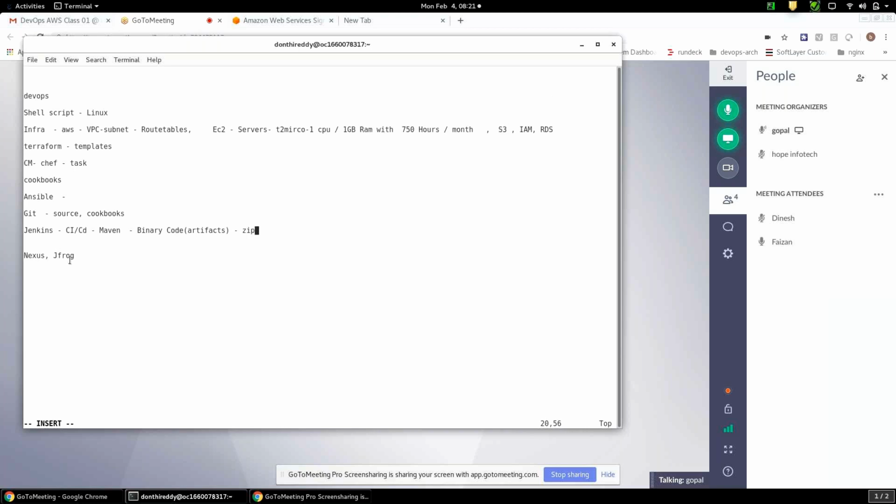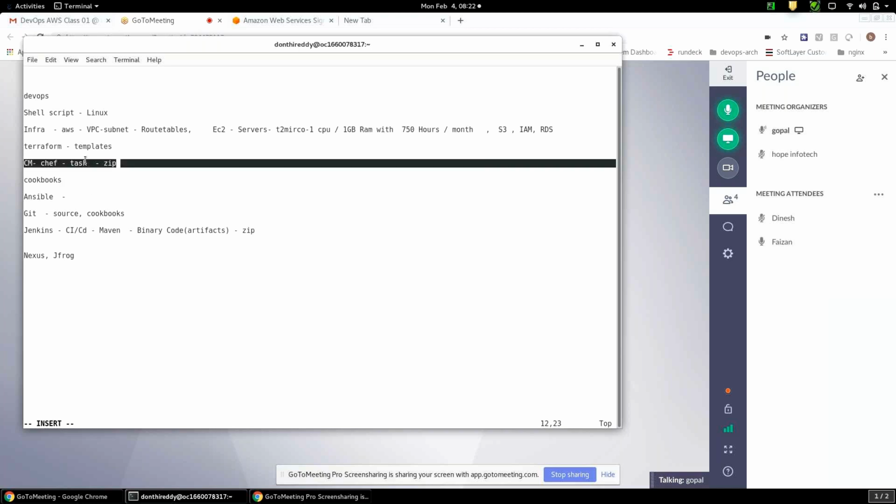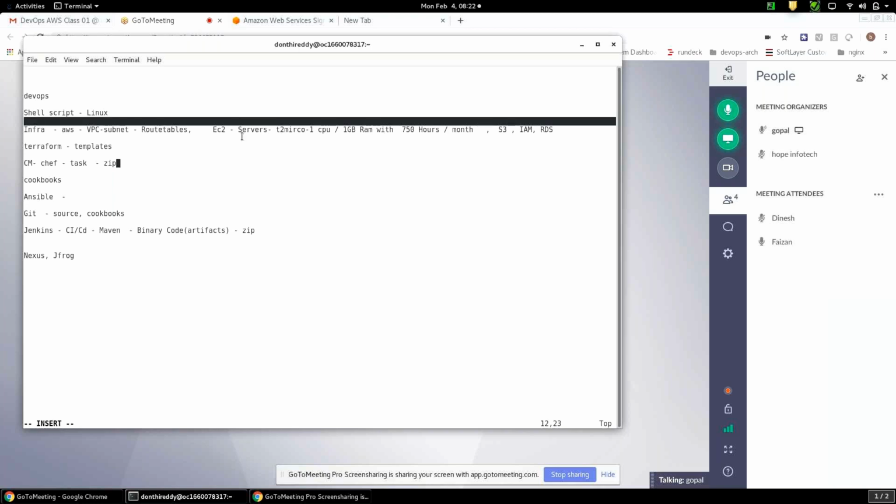After that, we use a continuous delivery job, and we upload this zip file onto the Chef server. That's how it works. So we write the cookbooks and put them into Git. After that, using Jenkins, we convert them to a zip file and upload it to the storage place. From there, we upload into the Chef server, and from the Chef server, we execute on the servers.